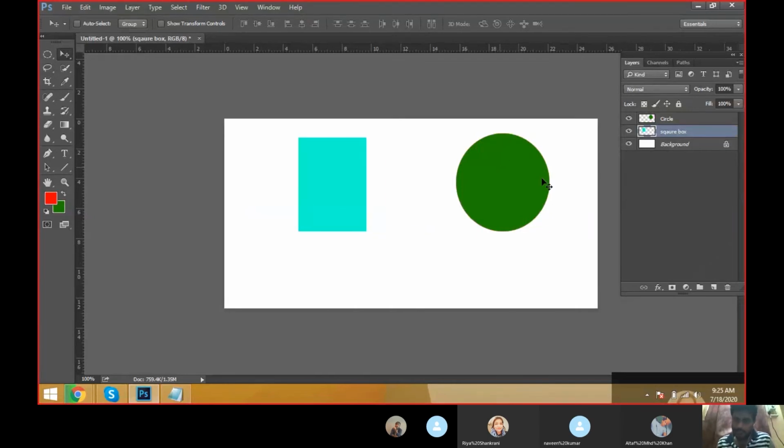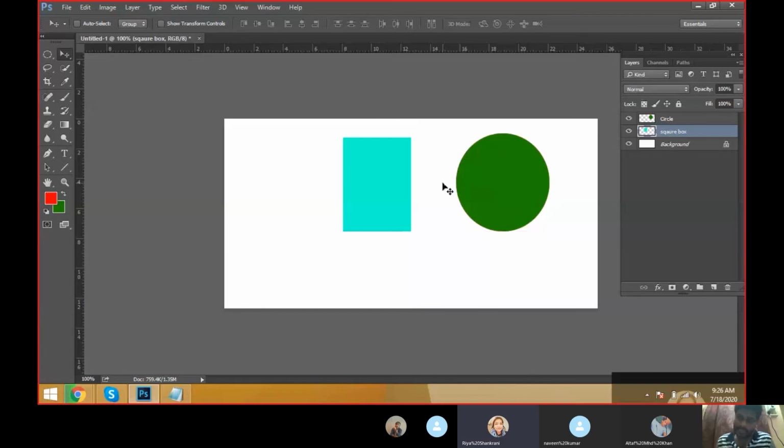Why? It is moving the rectangular part only. Why? Because the rectangle layer is selected.